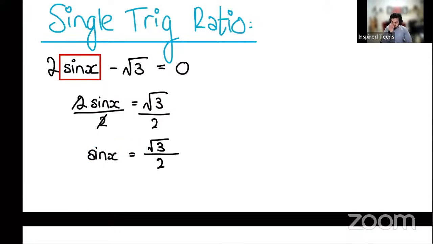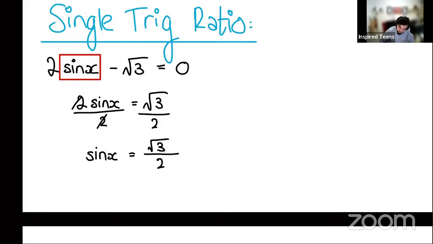Okay, so we've completed the first step where we've isolated the trigonometric ratio. That sounds fancy, but it just basically means I left sine x alone. Trigonometric ratios are sine, cos, and tan. So whenever I say that, that's what I'm referring to: sine, cos, or tan. That was simple enough, just isolating the trigonometric ratio, like algebra. But now this is where the step comes in to solve for the general solution.